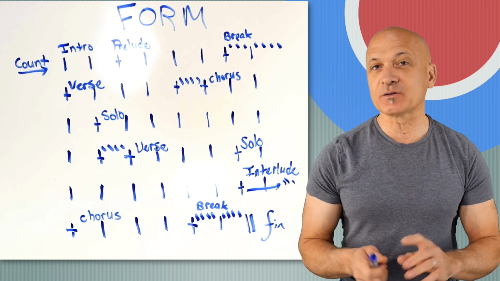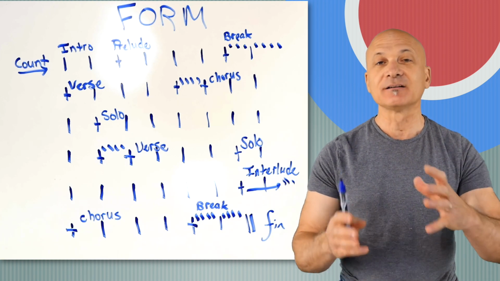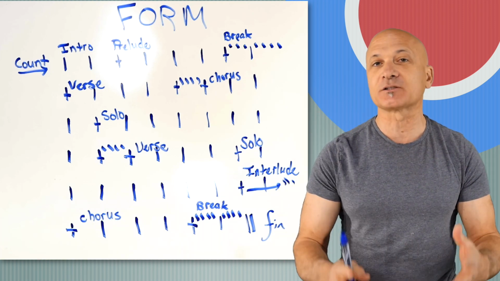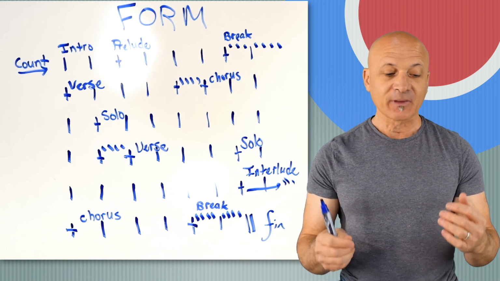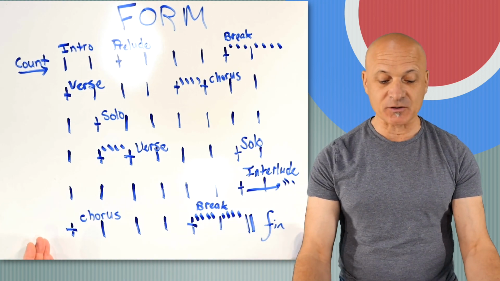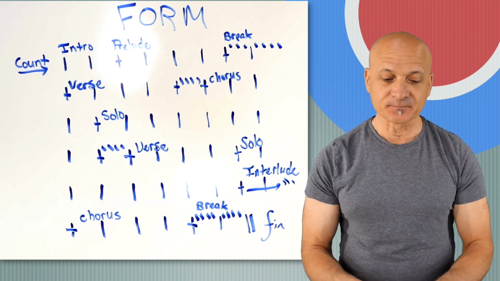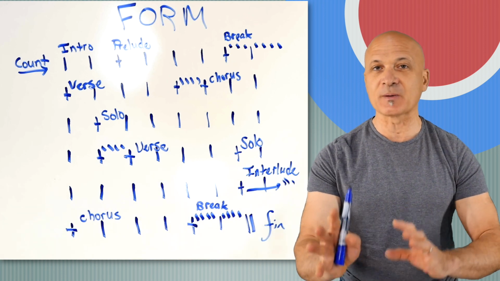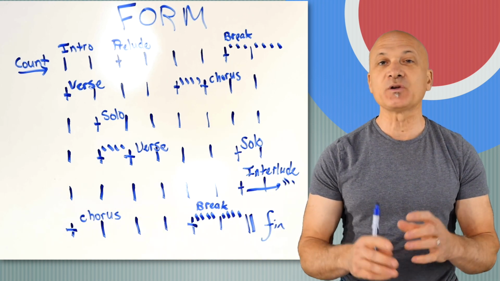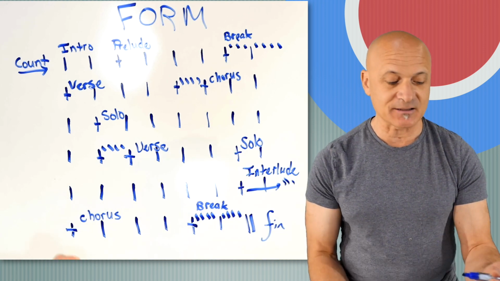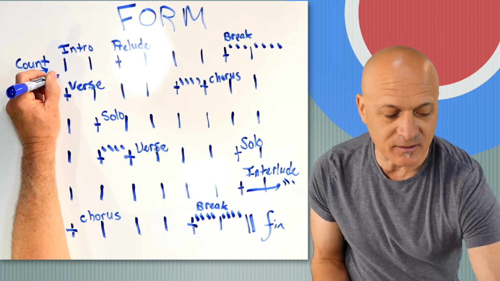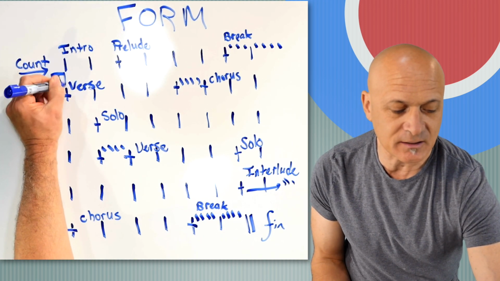We usually will use letters like A, B, C to identify the form just to make it easy and quick. So in this tune, let's look at the big picture right now. We're going to zoom out a little bit because we don't have that many letters to use. We're going to use maybe 3 letters. So usually the verse we would say is A. So we can put a big A right here, and often on a chart you'll see it in a box